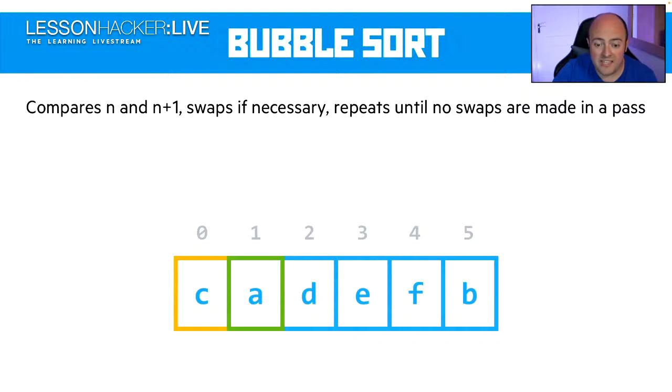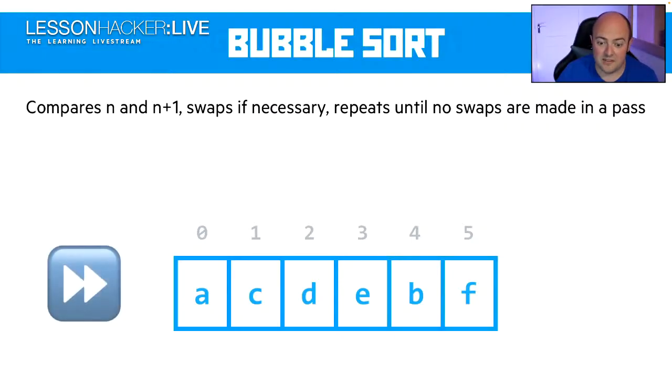So let me give you an example. We start here and we say, are C and A in the right order? Well, they're not. A comes before C, so we swap them. Because I've done a swap, I know that I have to go back from left to right. We move on to the next pair. C and D, they're fine. D and E, they're fine. E and F, they're fine. F and B, well, they're the wrong way around, so we switch them around. I'm at the end now, so I made at least one switch, which means I've got to do it again